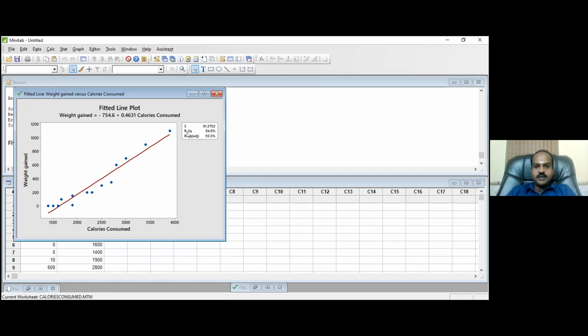R square. Do you remember yesterday we discussed R square? Yes, sir. The same is appearing here, 94. Minimum R square needs to be 80% and above. The closer to 100%, the better it is. So R square talks about the influence of the x variable on the y variable. R square talks about the influence of your critical factor on your pain metric.